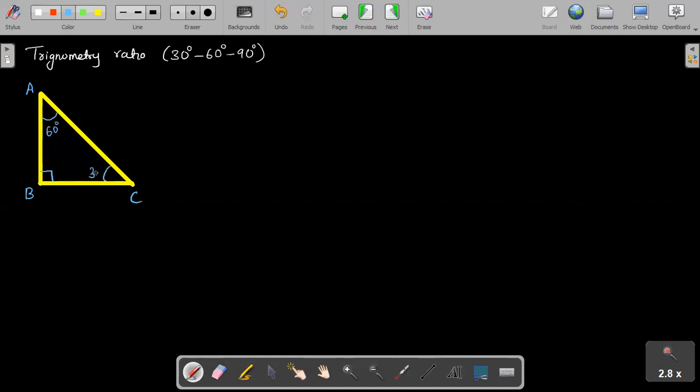and this as 30 degree. Okay. Once we are done with this, there are some rules you should remember. According to the theorem of 30, 60 and 90 degree, it says that the opposite side of 30 degree का जो opposite side है, AB जो side है, is equal to half of it. Length is half of hypotenuse length.